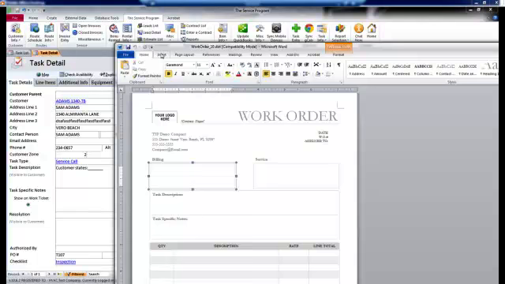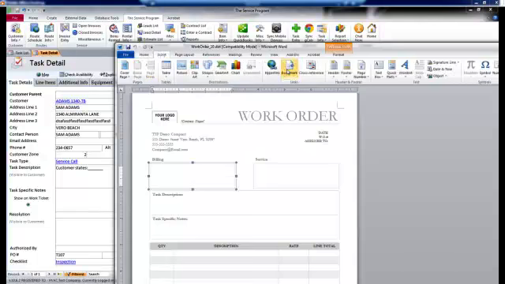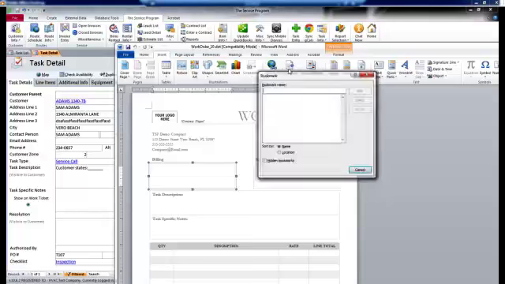But to simply get a billing address to print out right here on this document, all I have to do is go to Insert and then Bookmark. And this is how we tie in to the service program, is the bookmark is named the same as the field name in the service program. So if I want to get billing address line 1, I'm going to simply add a bookmark called bill address 1,